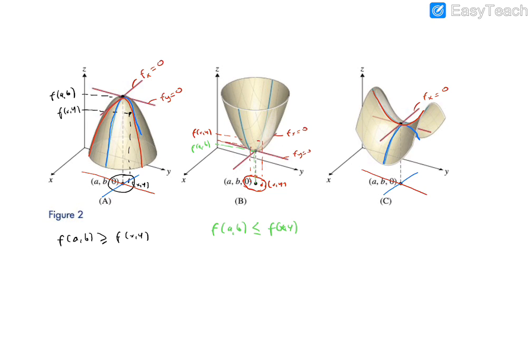Along the red line, where y changes but x is constant, we have the red curve. The red curve has a local minimum, so again the partial derivative of f is 0. As a result, we can say that, let f of (a, b) be a local extremum, either a local maximum or a local minimum, for the function f.